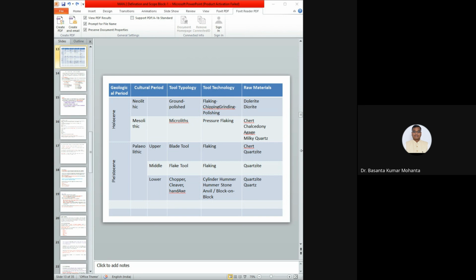Take an example. Somebody has already studied the material culture of a particular community at one place, and in a similar way somebody else studies it in another place. So if we compare both, we'll get a particular conclusion. So in ethnological study, we compare the collected data, and based on the comparison we try to get some kind of conclusion which is helpful to study the past culture.